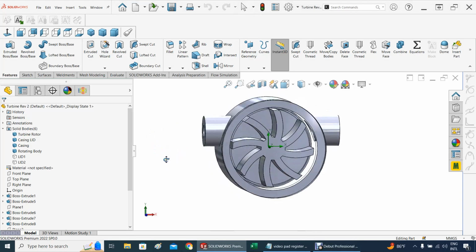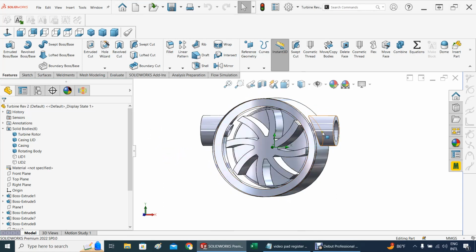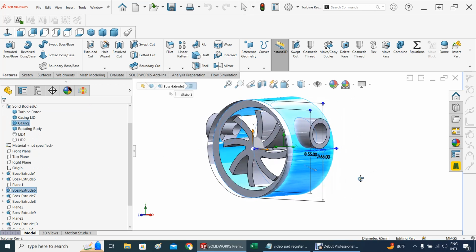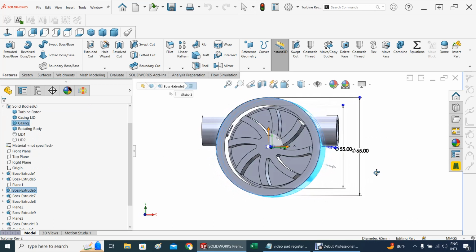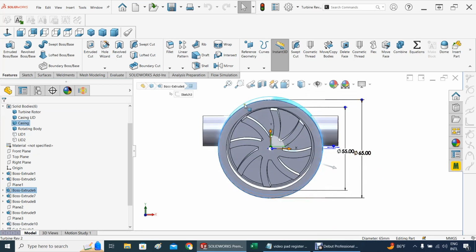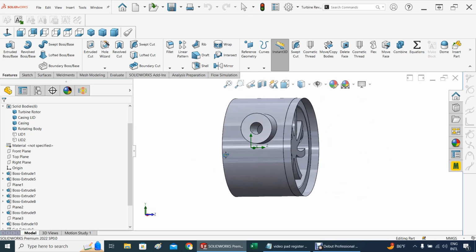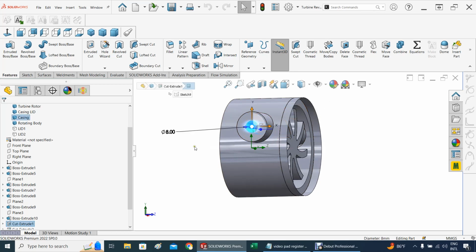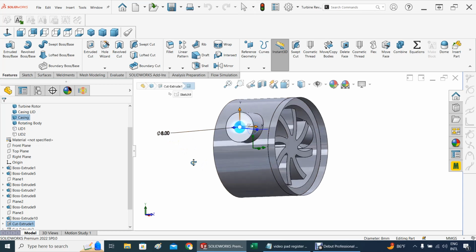It's a small, tiny turbine. Let's see the dimensions right here. Basically, the internal diameter is about 55, pretty close to the size of this impeller or rotor. The outside is 65. This is the inlet, I believe it's 8 millimeters, and